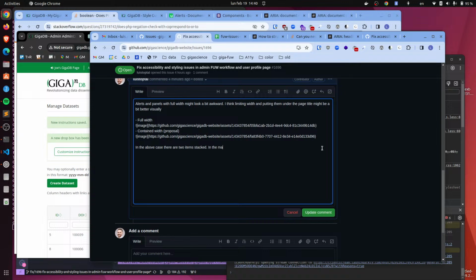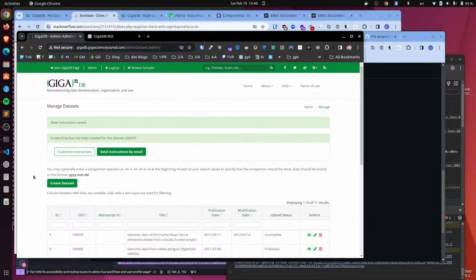In the majority of cases we will see only 1. In most cases we see only 1, which would look like